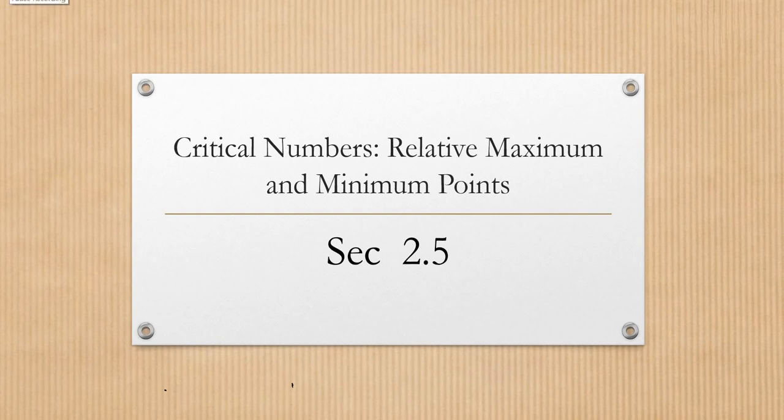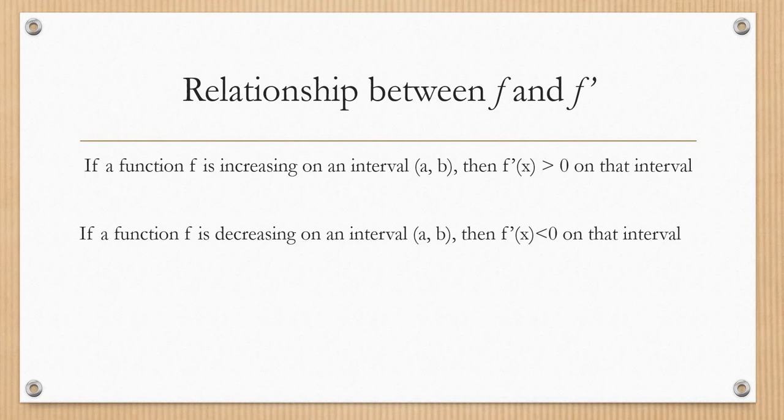Section 2.5, we're going to talk about critical numbers, including relative maximum and minimum points. So let's talk about the relationship between the function f and its derivative f prime. If a function is increasing on an interval a to b, then f prime of x is greater than 0